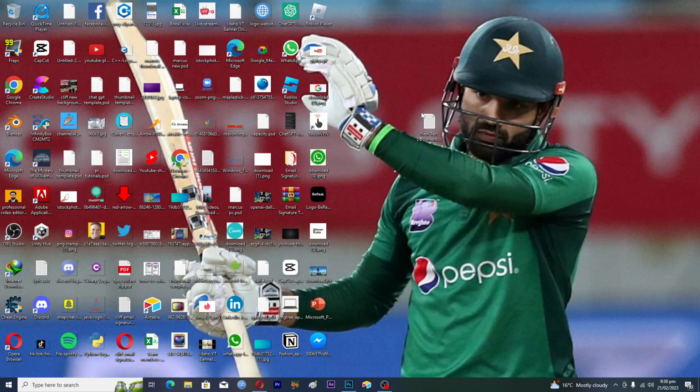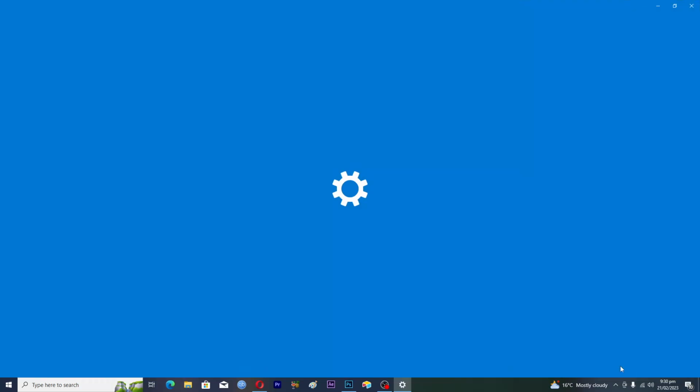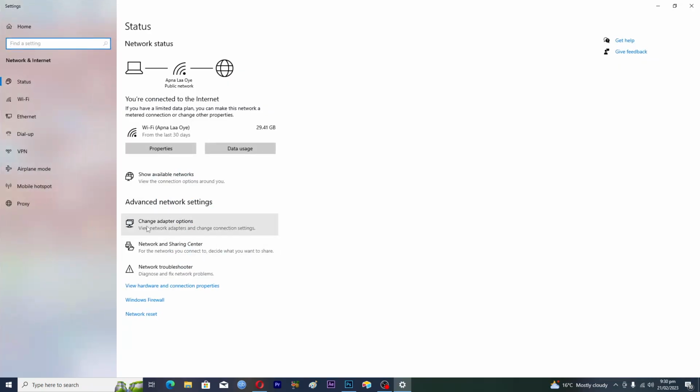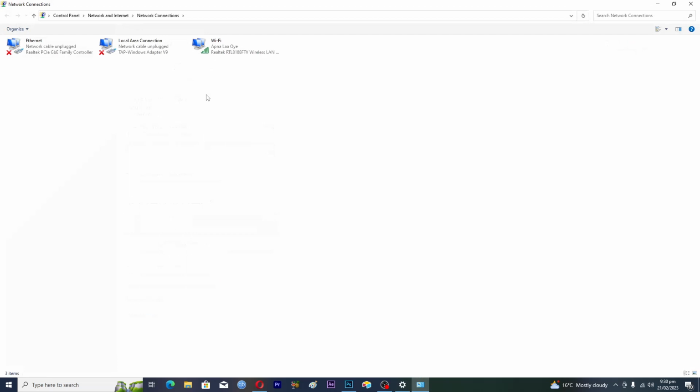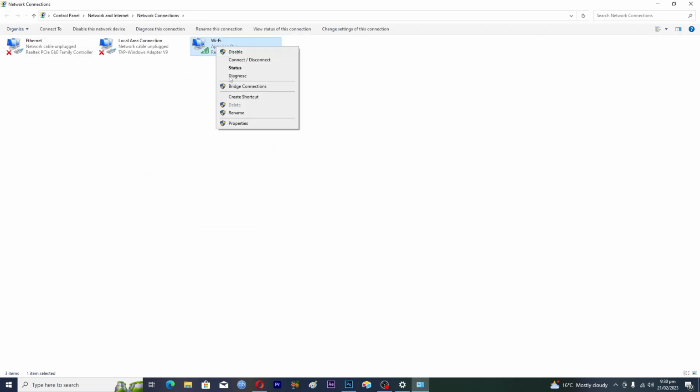So first of all, you will right click on your Wi-Fi here and click on open network and internet settings here, then click on change adapter settings here, and then you will have to click on the Wi-Fi, because I am using the Wi-Fi here. So I will right click on the Wi-Fi here and I will click on properties,